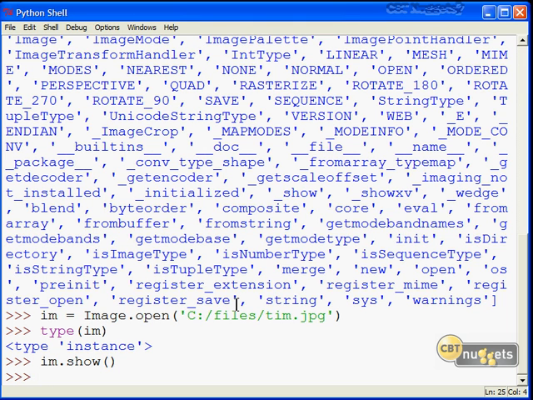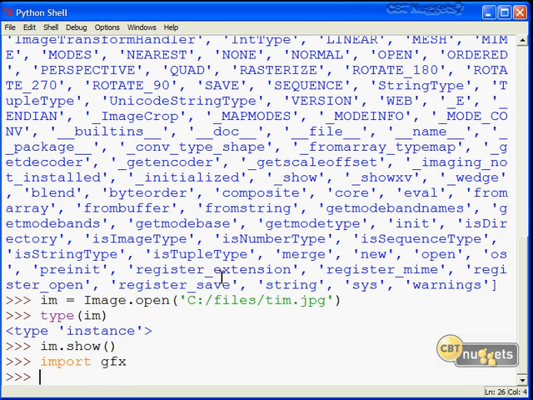Now, different modules and different packages have different levels of functionality. The GFX module that comes as part of the SWF tools is okay. It's not everything I would expect in a PDF viewer, but it's all right. So what I'll do here, since I've already, behind the scenes, gone ahead and installed SWF Tools, I'll import GFX into our environment.